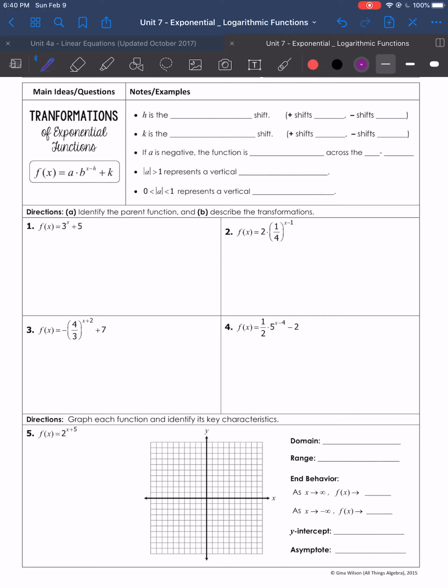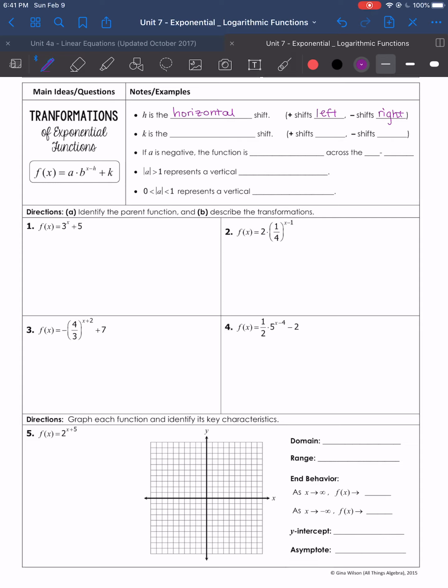In this video, we're going to talk about transformations of exponential functions. Transformations are very similar to the transformations we've done with quadratics, absolute value, polynomial functions, all that kind of stuff. So h is going to be your horizontal shift. Positive shifts it left,